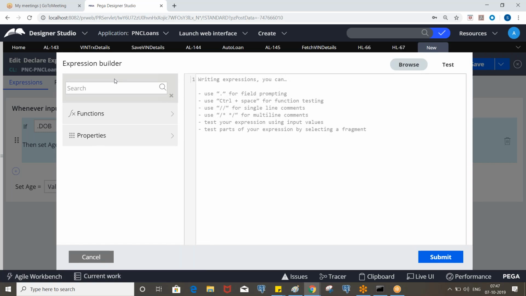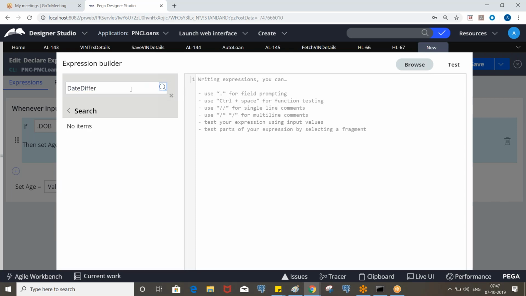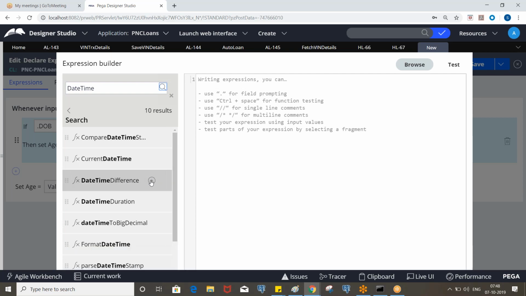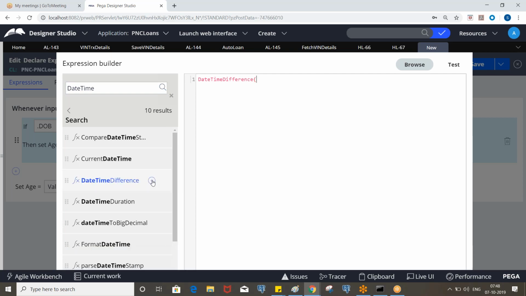So here we have a function called date differences. So here we have a function called date time difference. So we do not have a function called date differences.